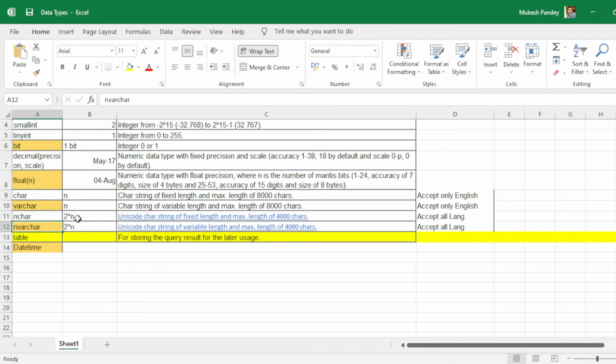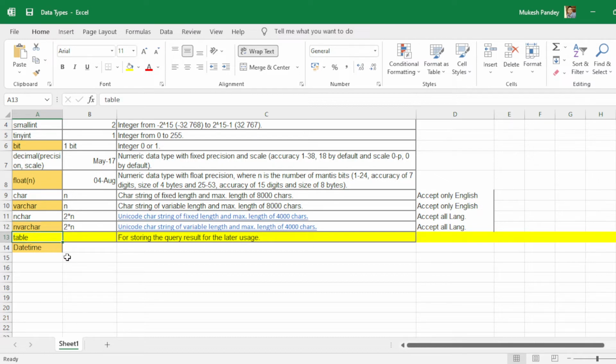They store data as 2 into n bytes. For example, if you pass Mukesh, which is a 6 letter word, it will occupy in database memory 6 into 2, that is 12 bytes.